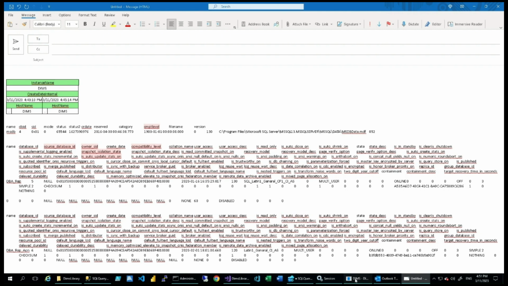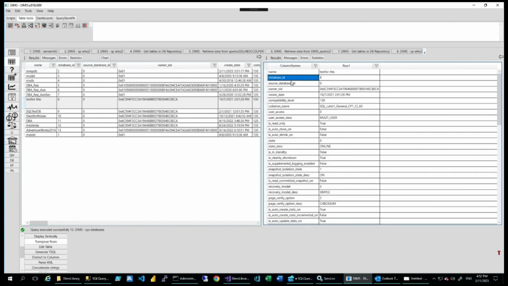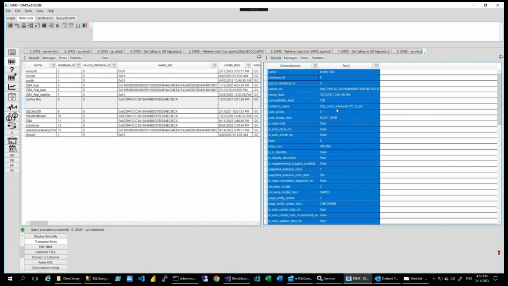Because of this, I decided to put in DIMS a way to transpose the rows, exactly what you would have done in Excel. You would have just copied this in Excel, transposed the rows, and after that selected the transposed rows from Excel and pasted them in Outlook. Because I didn't want to change the application, I just created a feature to transpose the rows. And this is easier to be read by somebody else, or easier to be understood if you paste it in